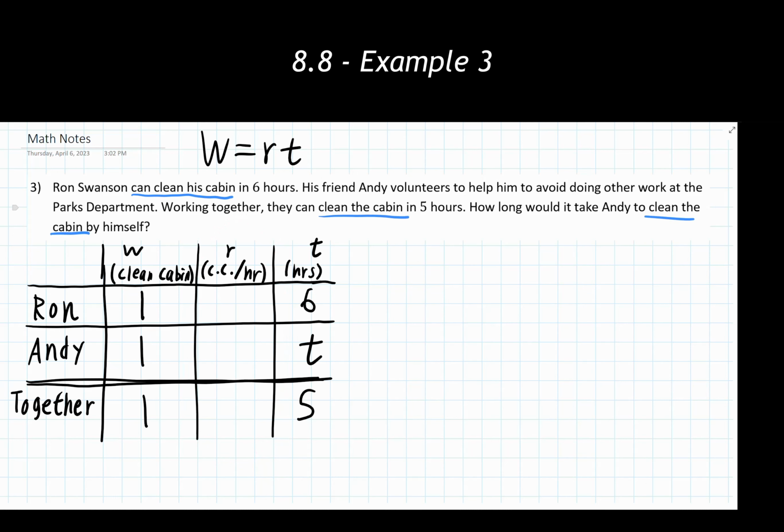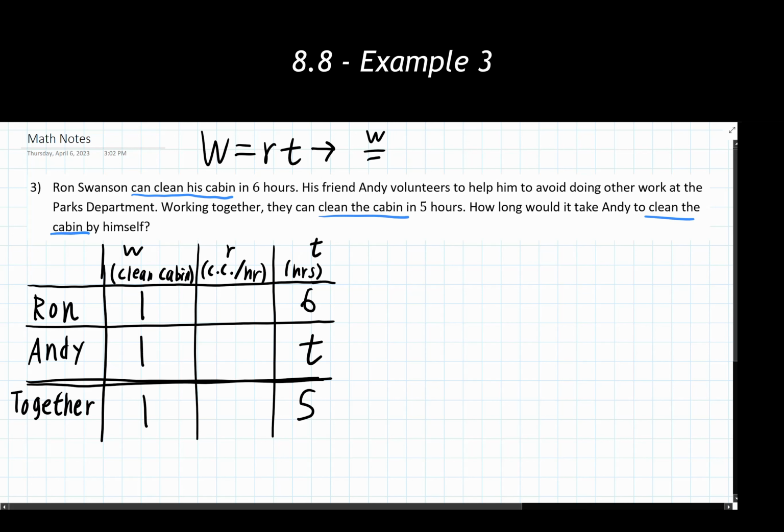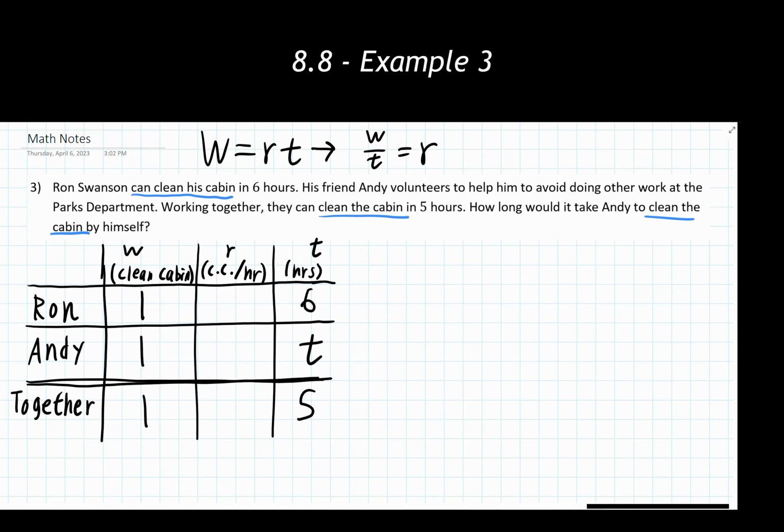So we need to figure out how we're going to find the rates for these guys and what they're working at. That's going to involve taking this original equation at the very top and rewriting it and solving it for our work rate. So that's going to look like the amount of work over time equals work rate. So with that,